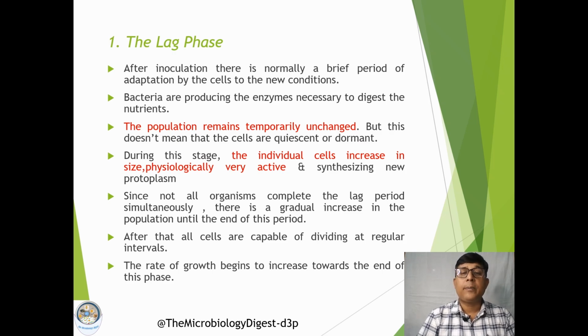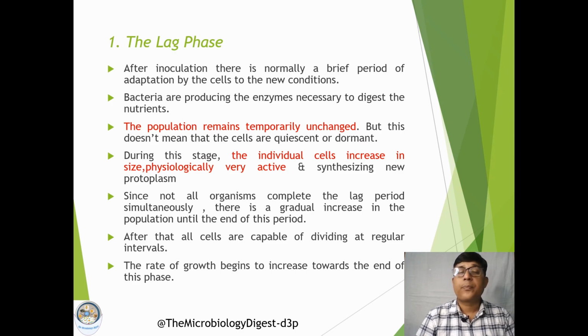Apparently there will be no growth of bacteria, no individual cells will increase in size, but they are physiologically very active, and they are synthesizing new protoplasm. So this phase is also called the adaptation phase of the bacterial cells to the new environment. So this is the lag phase or first phase of the